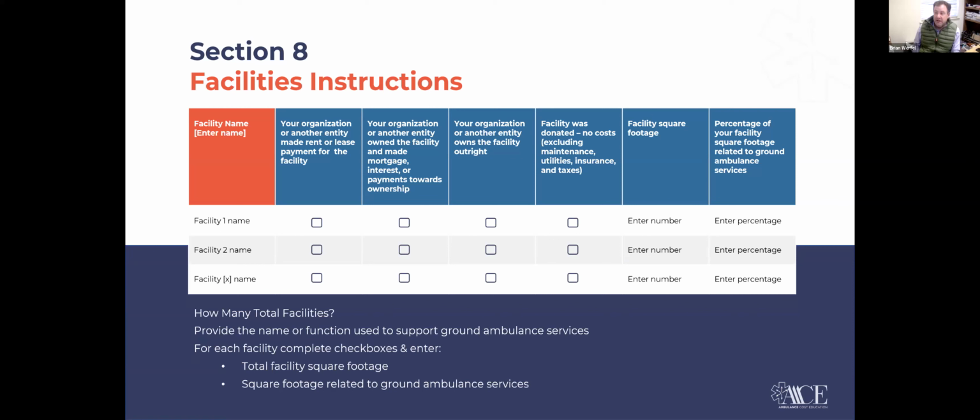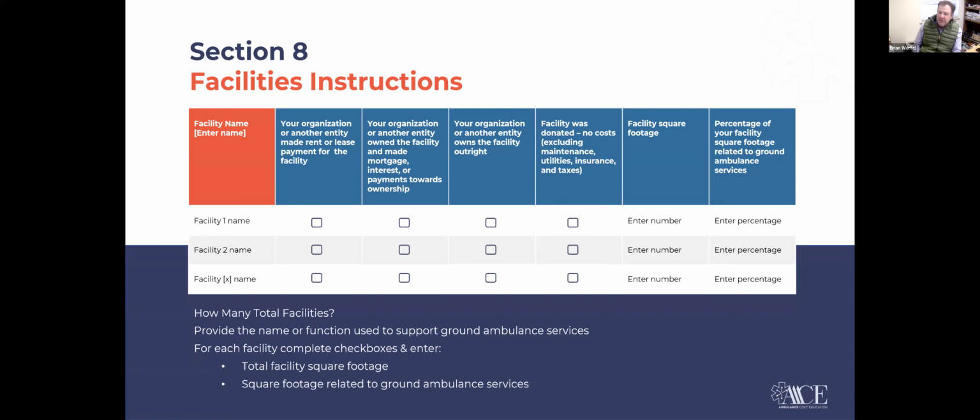Or was it donated to you? And by donated here, we don't mean I own it and I give it to you and I let you use it. That's a lease. I mean, I owned it and I signed over the deed to you, right? At that point, yes, you would own it outright, but you had no cost of acquisition. That's really what they're getting at here.